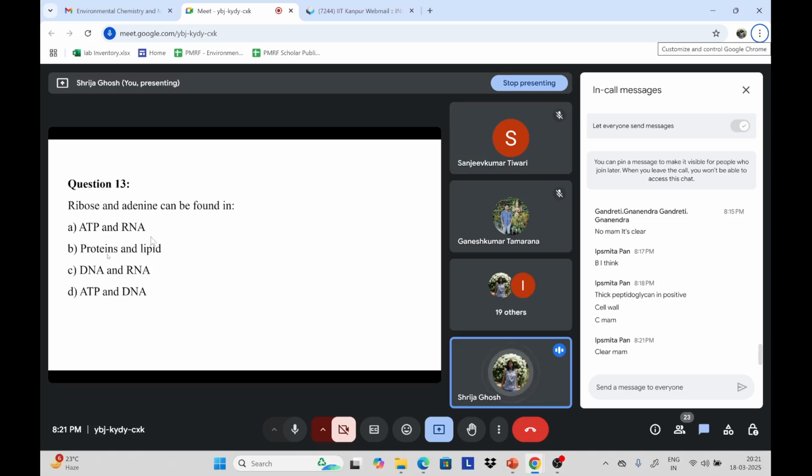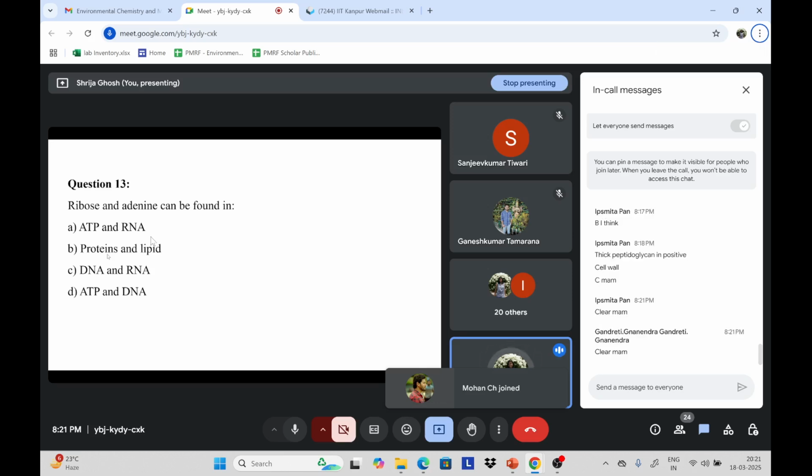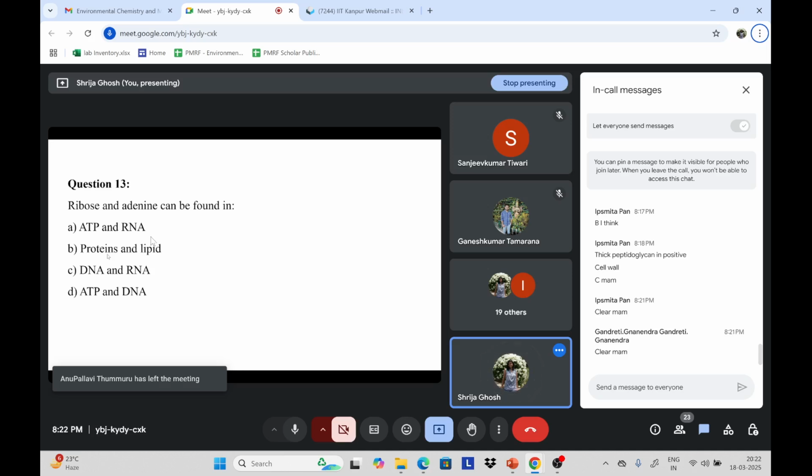Try to read the question properly and read the options properly before answering. Otherwise, when you are answering these questions in an exam, you will already be very stressed out because it's an exam, and it will be your tendency to give the wrong answers always. So try to be calm, try to read the question properly, try to read the options properly, and then